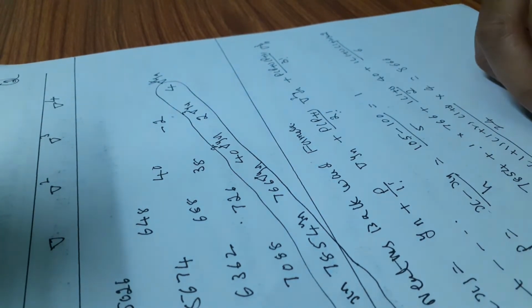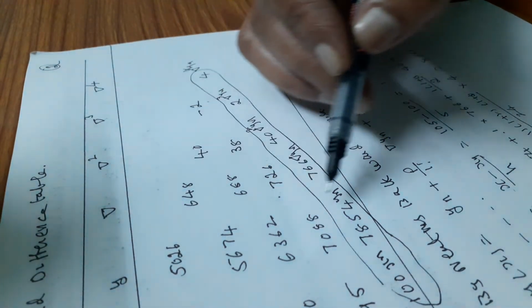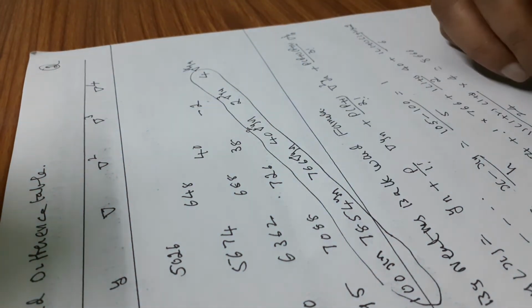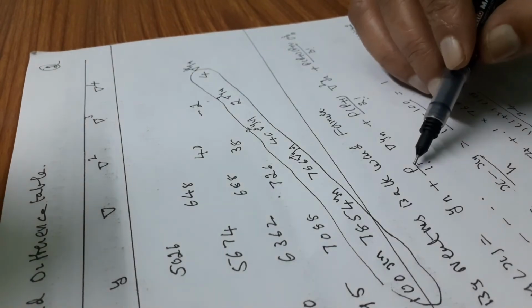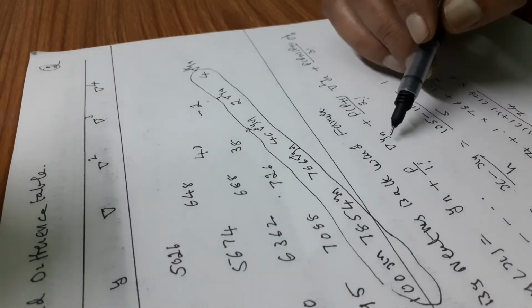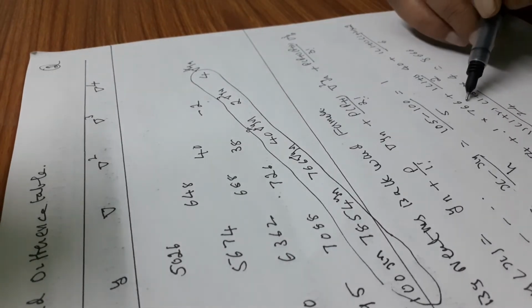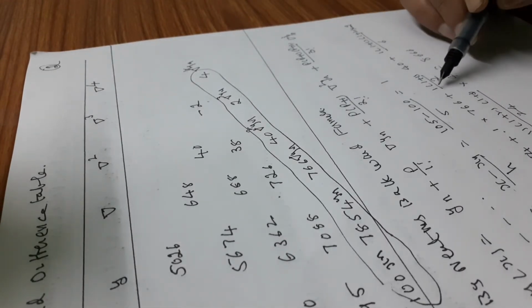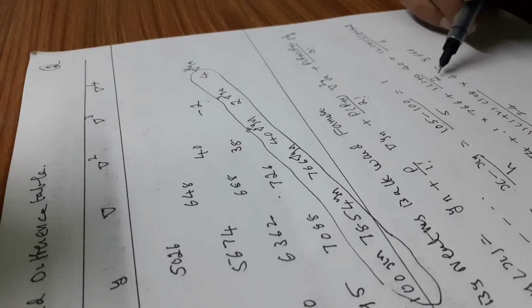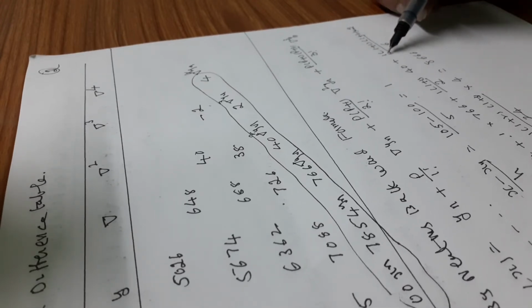So y at 105 equal to yn. What is yn? Last value under y, 7854, I have written here, plus formula you see, p is 1 by factorial 1, which is 1, 1 by 1 is 1 into del yn, last value under del 766, I have written here, plus p into p plus 1, p is 1, 1 into 1 plus 1 by factorial 2, factorial 2 is 2 into del square yn 40,